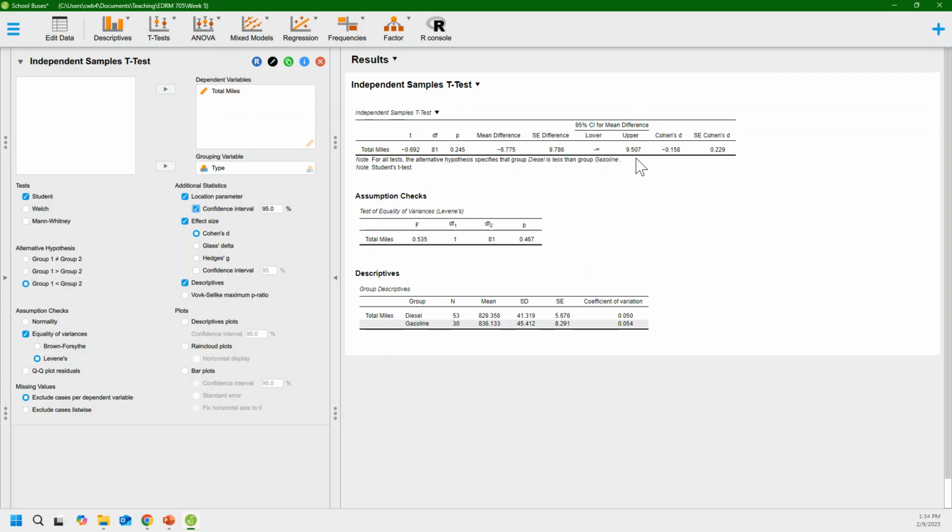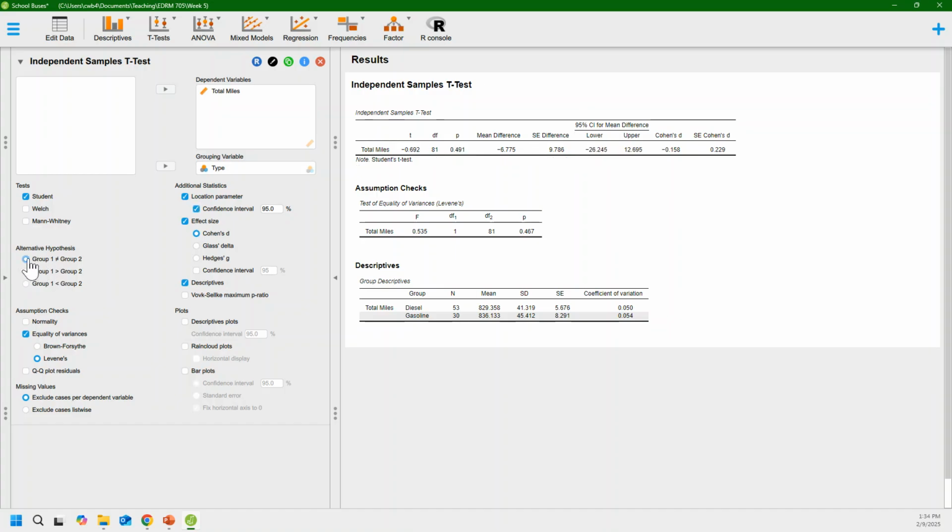But the bounds of that confidence interval are not going to be as wide as they can be, which is why we're going to use a two-sided confidence interval. And in order to get that two-sided confidence interval here, I'm going to use not equal to, all right? When I do that, I get a lower bound of that confidence